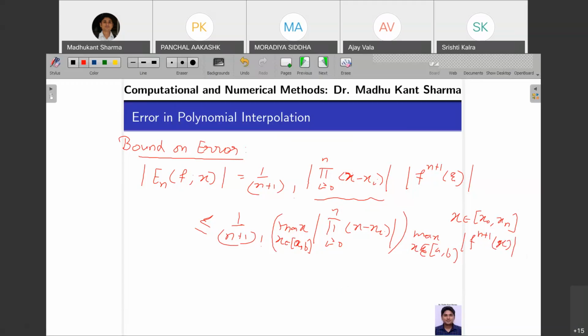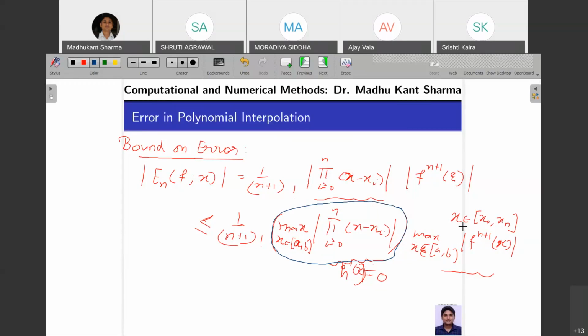This term is a polynomial of degree n plus 1. Let's say this is some h. You find all the possible critical points by putting h dash of x equals to 0. Find all the critical points and see at what point the product is maximum. Similarly for this term, you can always find the maximum,